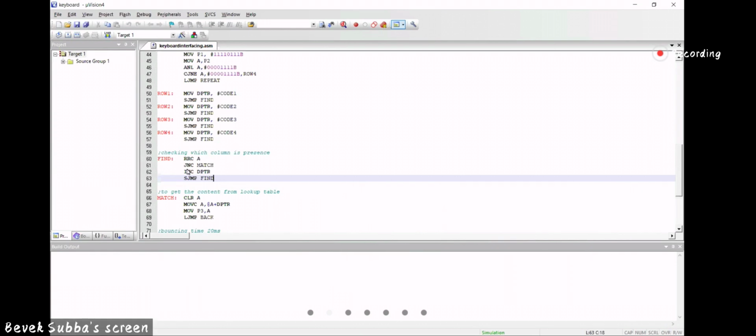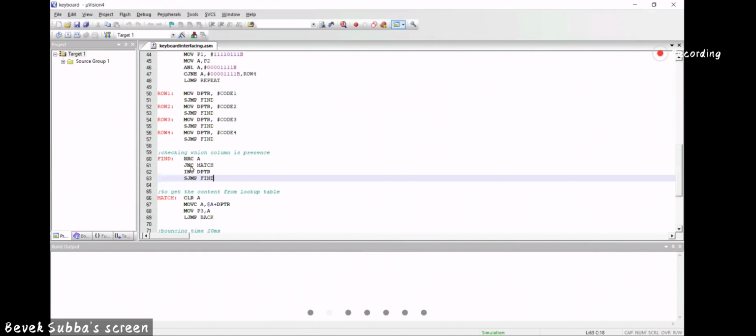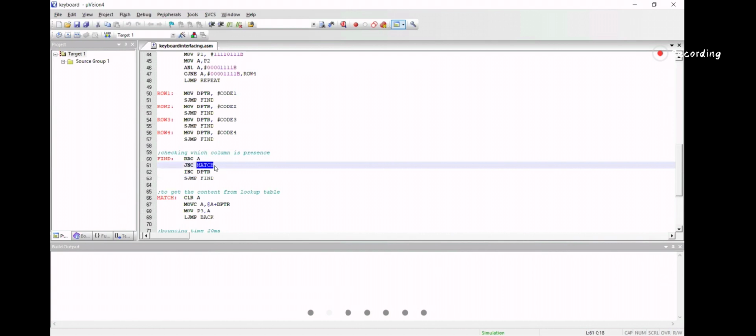JNC match means if the carry is 0, it repeats the RRC in a loop, until the carry is 1. If the carry is 1, that time it will jump to match. Where is match? Match is here, somewhere inside of this loop. Find is there, and inside of this loop, the match is there.